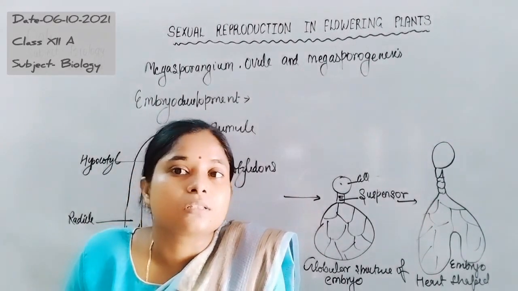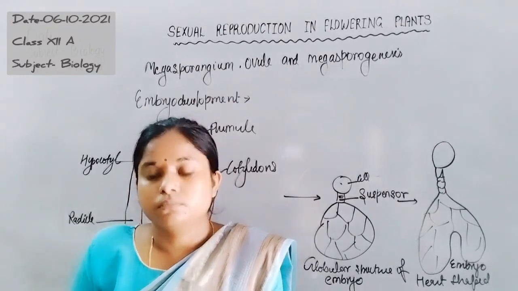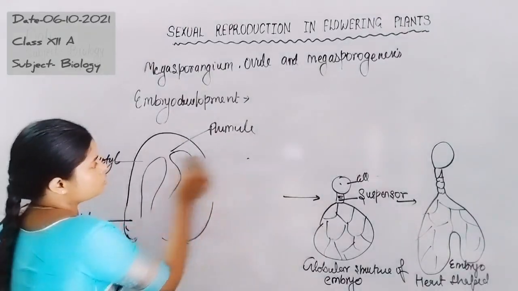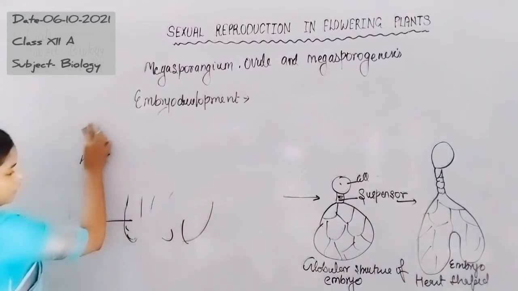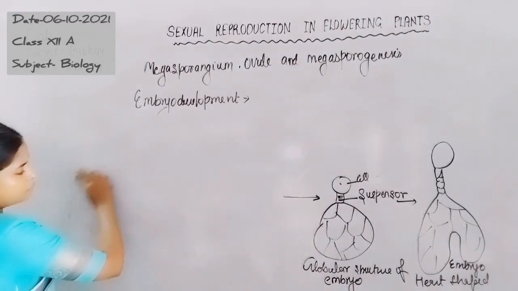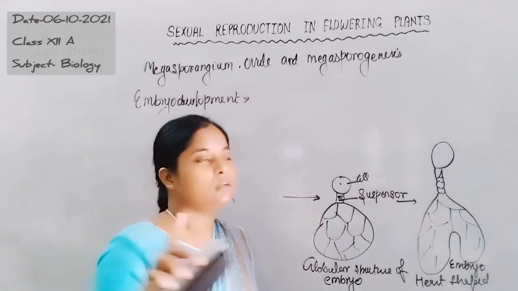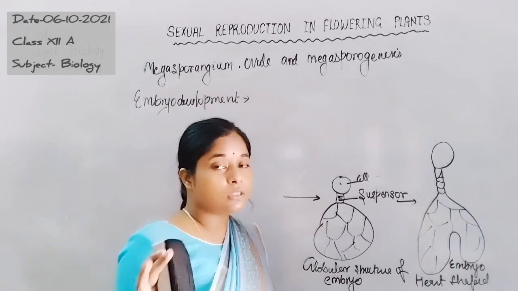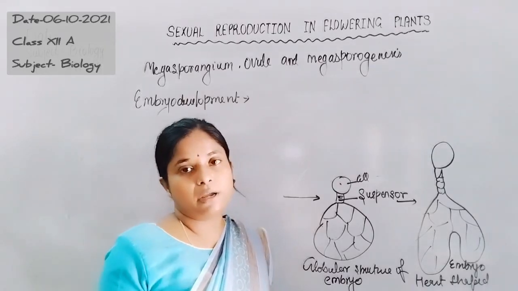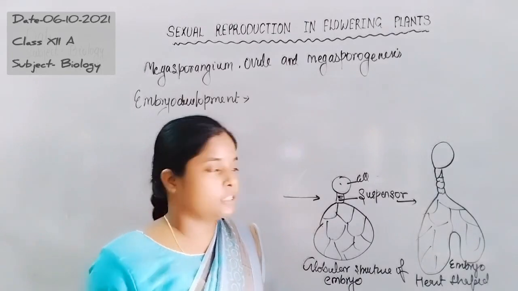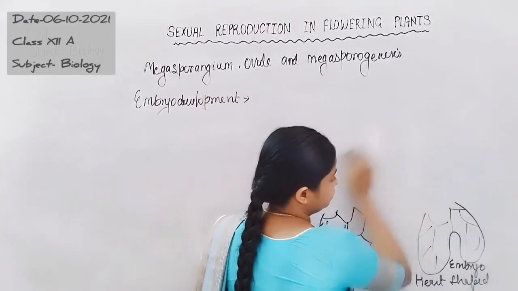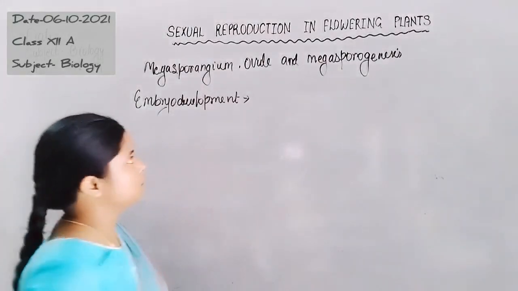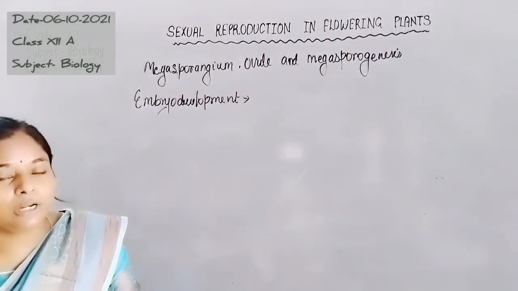So these are some important features of the embryo. Here is the overall picture about the cotyledons, and the root cap is present in the embryo. Coleorhiza covers the radicle and coleoptile covers the plumule, which is the protective layer of the shoot apical meristem, and coleorhiza is the protective layer of the root apical meristem. So here is the overall about the sporangium, ovule and megasporogenesis.